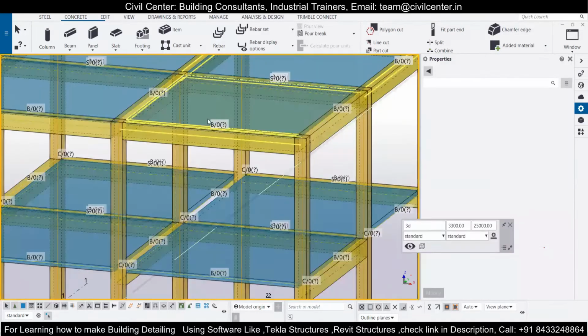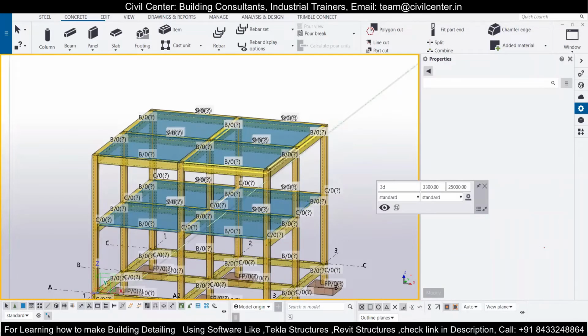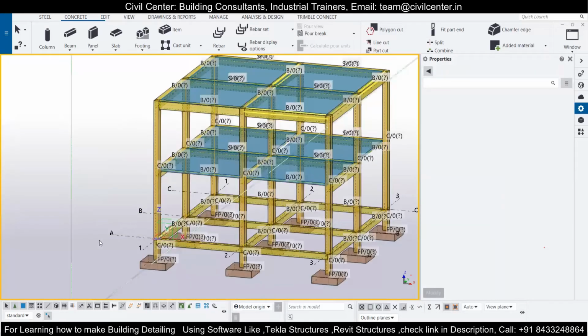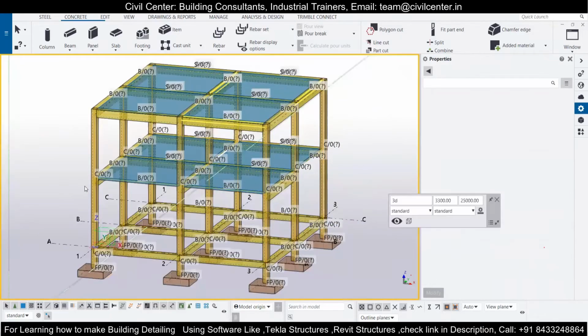Now you can see over here in the Tekla Structural Designer, both the post-tension and the pre-tension members can be designed. In our model we have already placed the slabs. Now I need to get back all the members that were hidden.